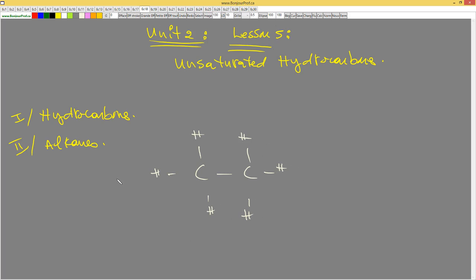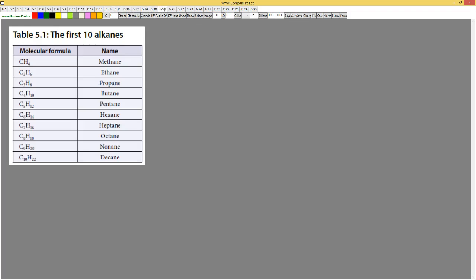So the alkanes have names, especially the first 10 alkanes. We are going to look at them. This is the first 10 alkanes. If I have only 1 carbon, how many hydrogens do I need? I need 4. We saw it. 1 carbon, I need 4 legs, so I need 4 hydrogens. That's what we call methane. Now, if I have 2 carbons, I need 6 hydrogens. We call it ethane. If I have 3 carbons,